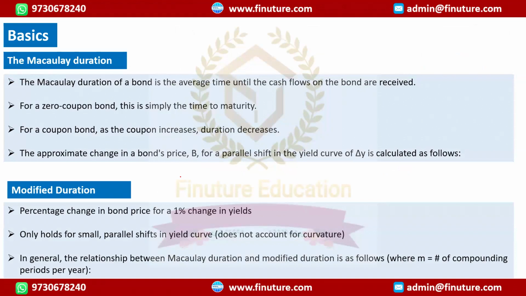So when we talk about duration, there are two types of duration. One is called Macaulay duration and another one is modified duration. When we talk about Macaulay duration, it is just the average time until you receive your cash flows back. So intuitively, say for example, this 10-year bond has a 6% coupon,